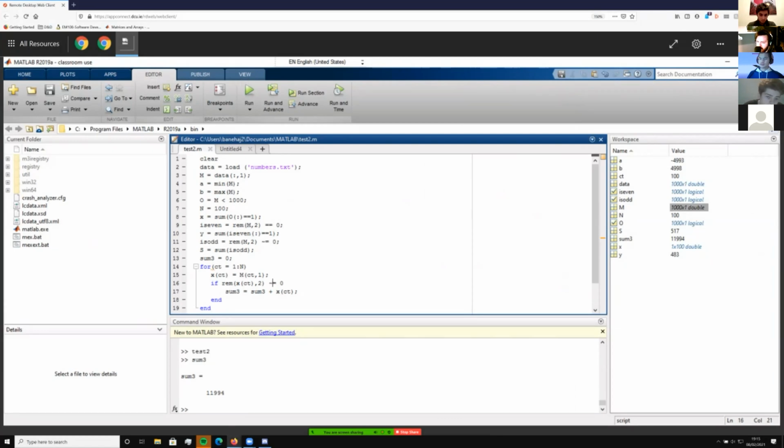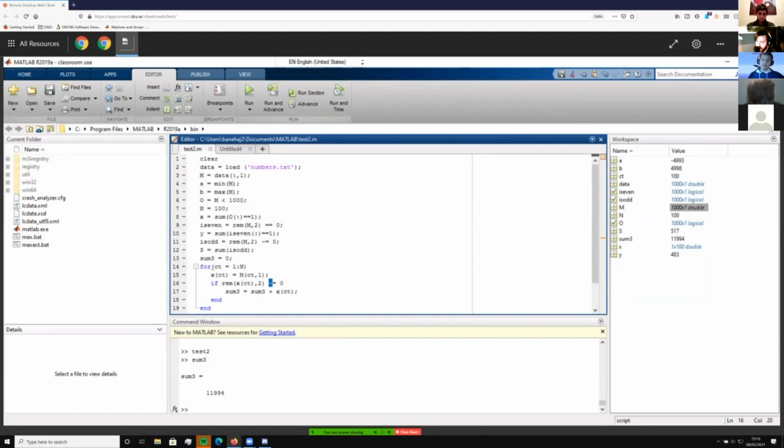So this little curly bracket here is the logical operator for not. So there's my chat. There it is. So we want to find if the remainder of the current term, so the count xct, whatever value of the matrix is the current number we're on. If it goes 1, it'll check for the first value, 2, it'll check for the second. If the remainder of that value and the number 2 is not equal to 0, it means that it's an odd number, because if it was divisible by 2, it'd be a clean remainder. So this little curly bracket is your logical not operator.